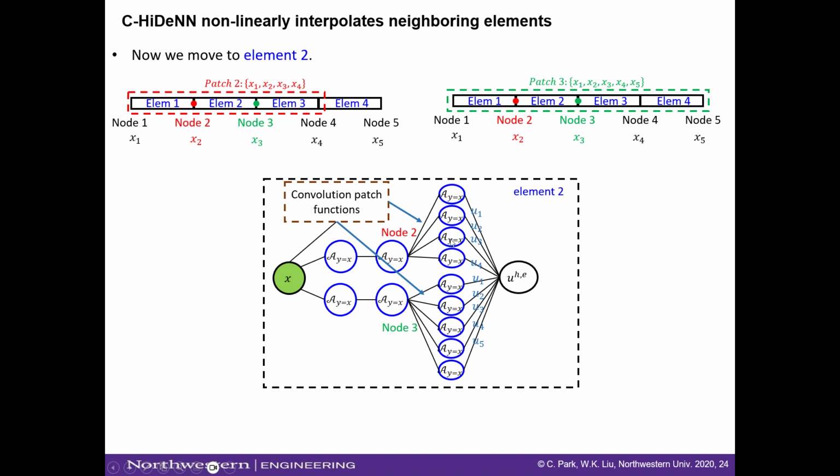For this element 2, the convolution layer is constructed like this. For node 2, you have u1 through u4 involved, and for node 3, u1 through u5 involved. So the actual nonlinear interpolation takes place inside this convolution patch function, the brown box,